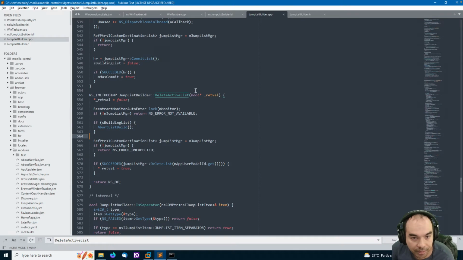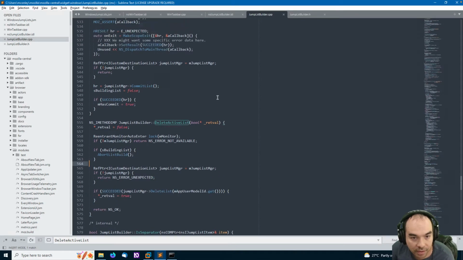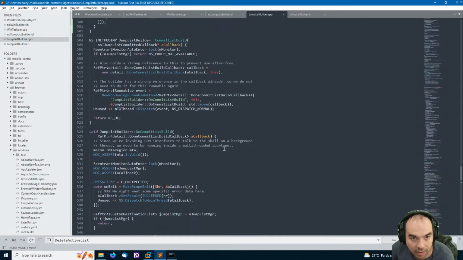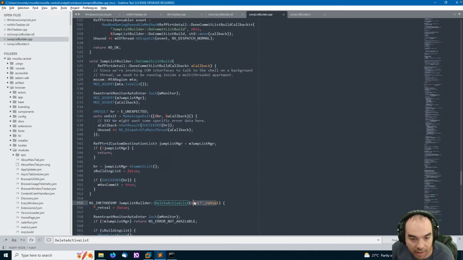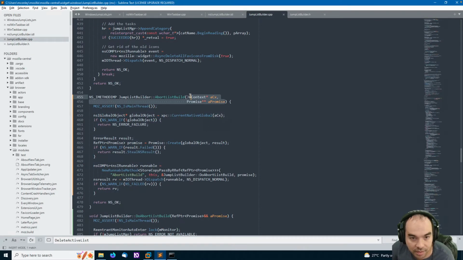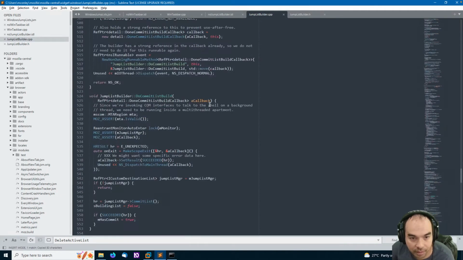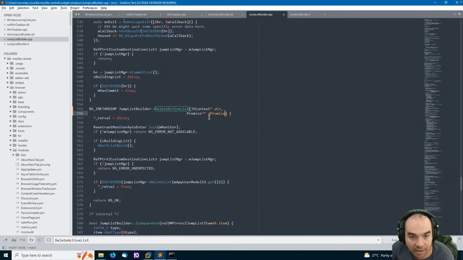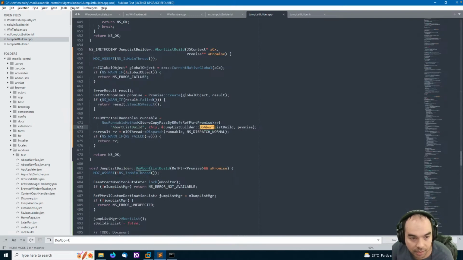Delete active list. Where instead of returning, I guess we were returning a success or failure with a boolean. It's going to be once again like a JS context and a promise. I'm also realizing I need to put in the header our do abort list build method that we just added.